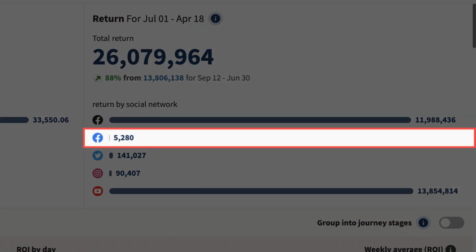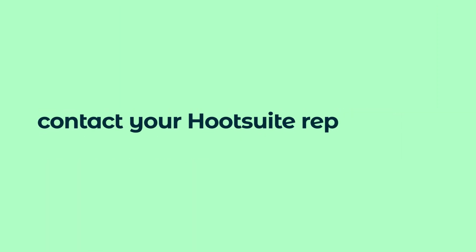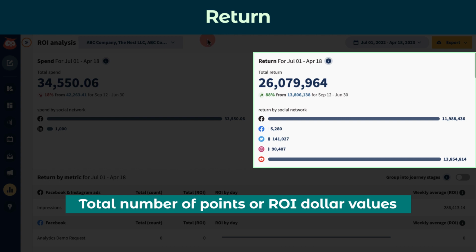If content isn't performing well, look at how you can improve it. If an important metric is missing or there's a new one you want to add, contact your Hootsuite rep to make adjustments. In your analysis, you'll see your return, which is the total number of points or ROI dollar values